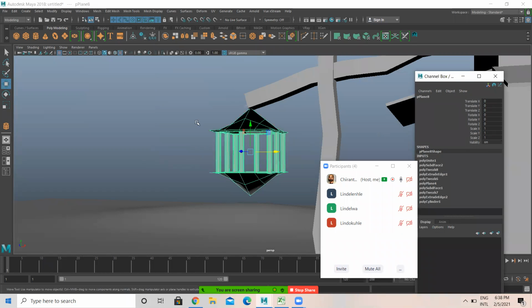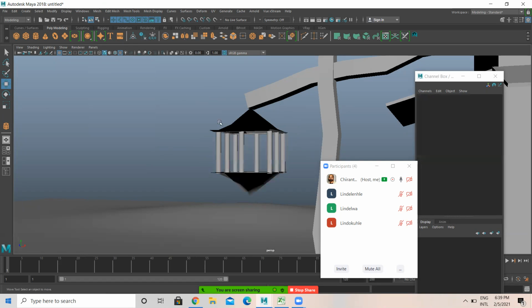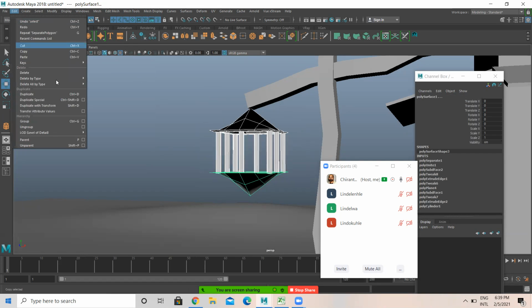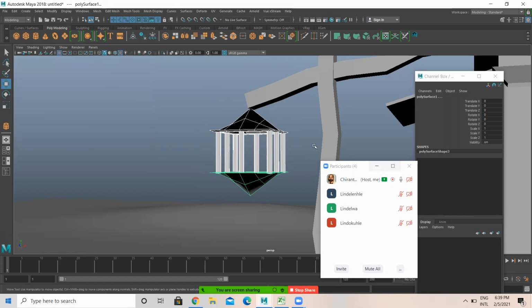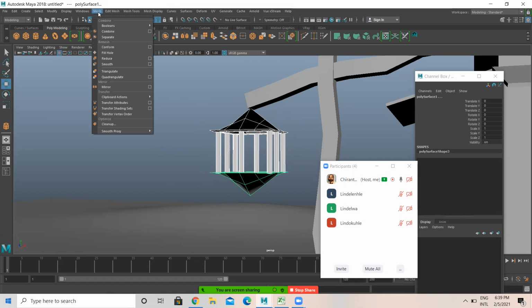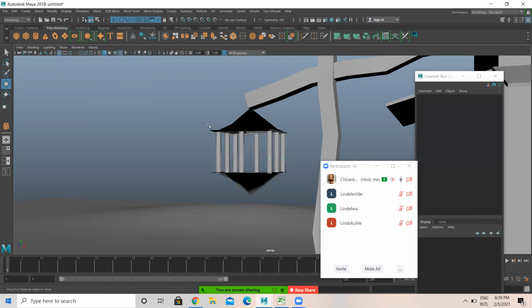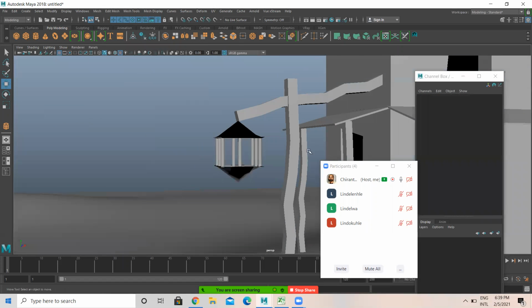See here, now I select this polyPlane8 shape. This is the name of the shape. Understood. Let's say if you want to separate this later, again in Mesh, you have the separate option, and everything can be separated. For the time being I'm selecting everything. Edit, Delete by Type, History, make sure you are deleting the history. Then Mesh, Combine. That's it.